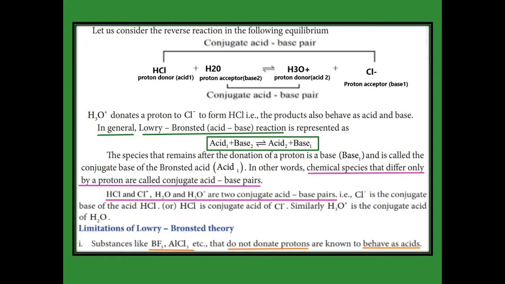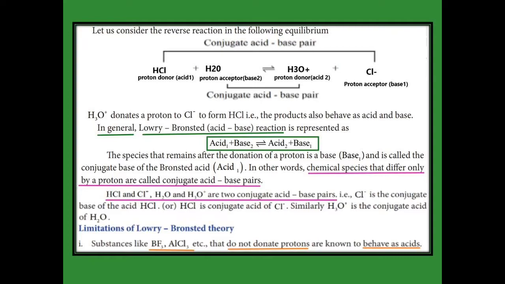Then the proton donor, which one is the proton donor on the product side? The H3O plus is the proton donor on the product side. Proton donor means it is an acid. Now we already mentioned the acid is HCl on the reactant side. So on the product side, H3O plus is an acid, but we have to mention it as an acid too. The same way, the Cl minus is the proton acceptor, so we consider it a base, so that on the reactant side the H2O is considered a base too.